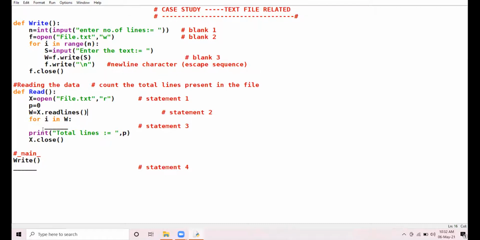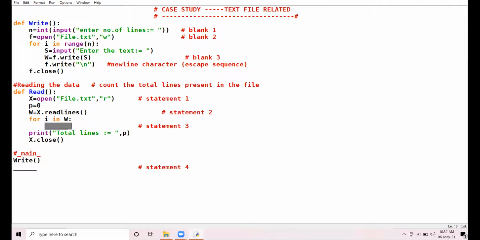All right. So this was statement number 2. Now statement number 3. Fill up the statement number 3 in order to calculate the total number of lines. Yes, who will answer this question? Total number of lines has to be calculated.